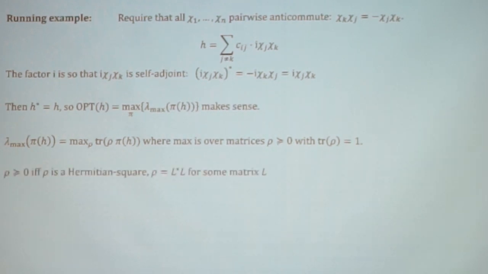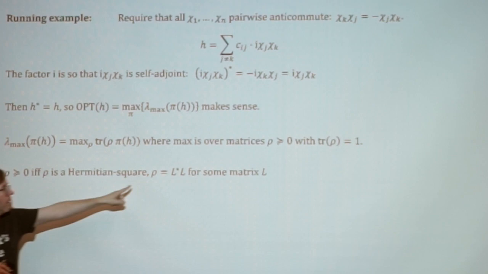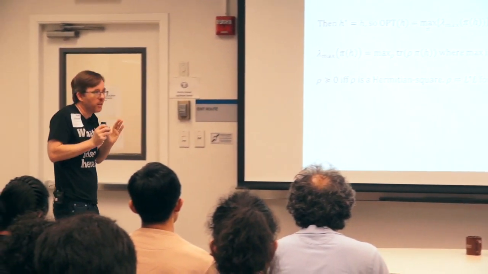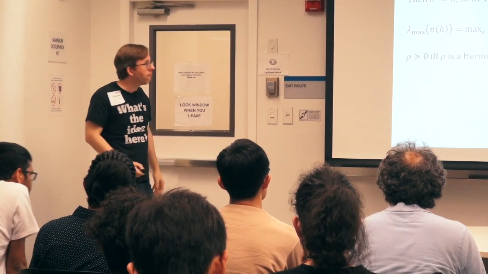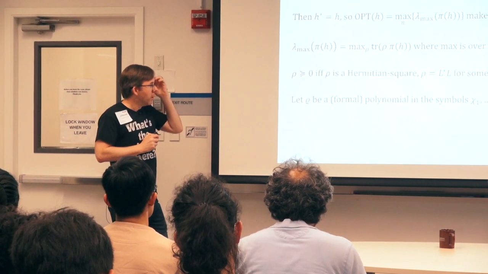Now, a cool thing about complex square matrices is that a matrix is PSD if and only if it's the Hermitian square of some other matrix L. So this is a perfect SOS scenario: you're positive if and only if you're a square. So that's nice. So now,